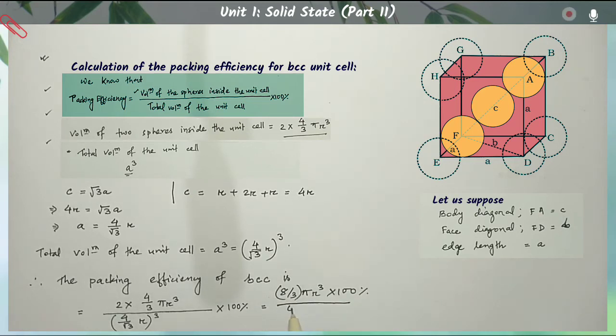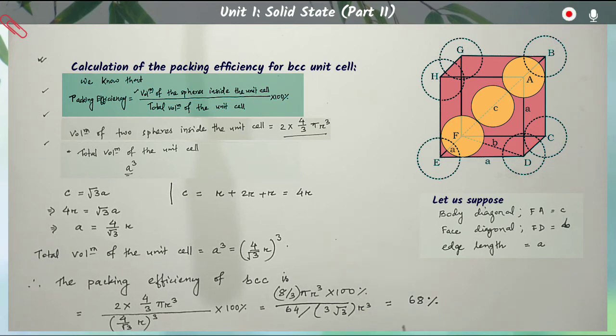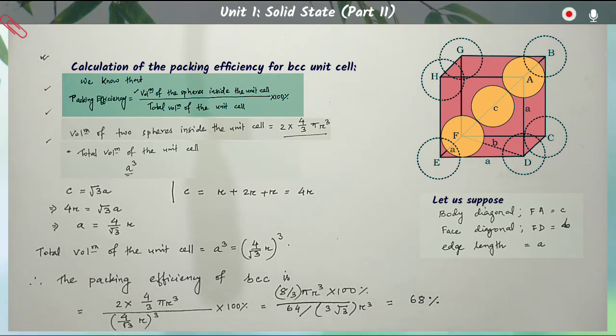16 into 4 is 64, 64 divided by 3 root over 3 r cube. So actually if you calculate this mathematical problem by using a calculator, then you will get almost 68%. So that means the packing efficiency of the BCC unit cell is 68%, and the physical significance of this